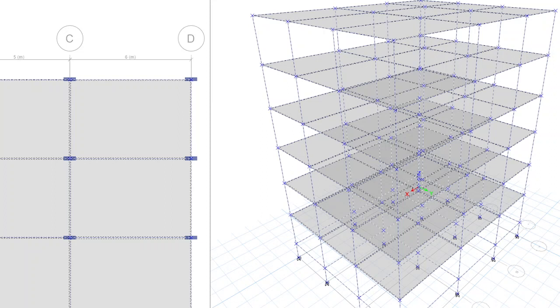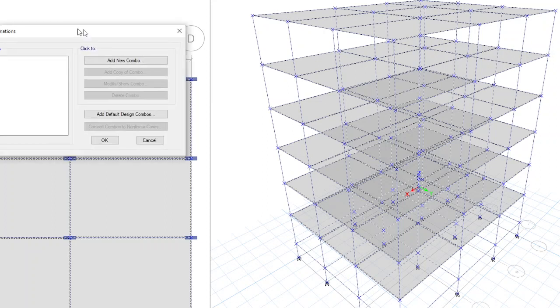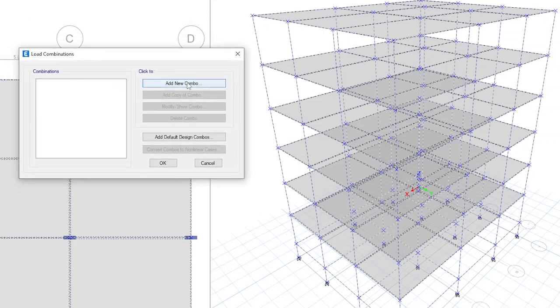Manually you need to add the load combinations, right? I'll show one load combination, how to define. Similarly, for other load combinations you can define it. For that, go to define. You have load combinations below the load cases. In this, add new combo.